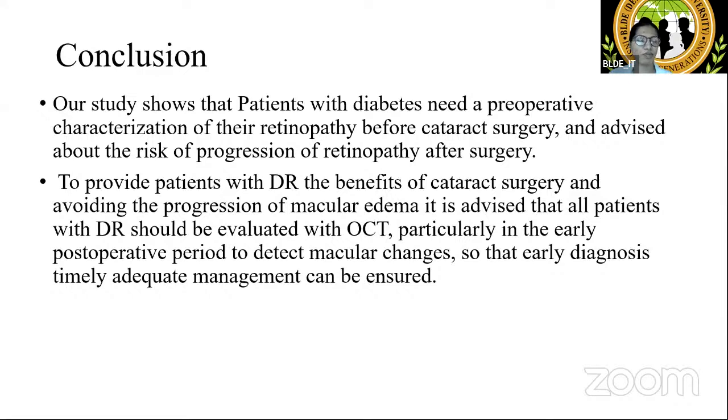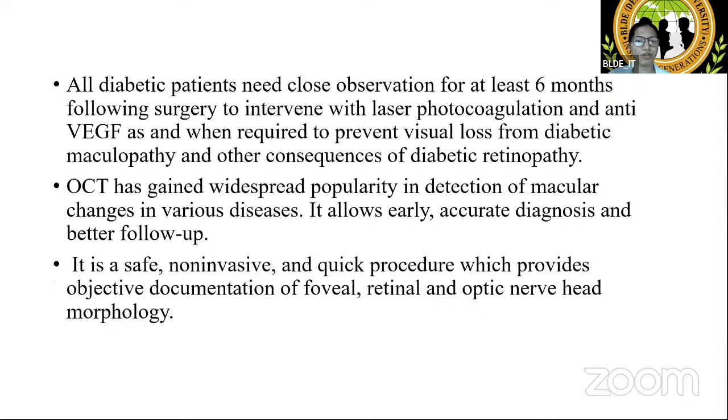To provide patients with diabetic retinopathy the benefits of cataract surgery and avoid the progression of macular edema, it is advised that all patients with diabetic retinopathy should be evaluated with OCT, particularly in the early postoperative period to detect the macular changes so that early diagnosis and adequate management can be ensured. So all diabetic patients need a close observation of at least 6 months following surgery to intervene with laser photocoagulation or anti-VEGFs as and when required to prevent the visual loss from the diabetic maculopathy and other consequences of